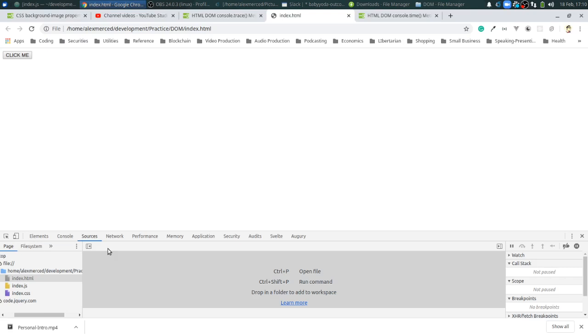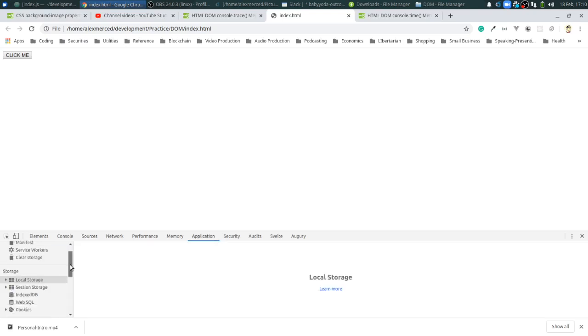I do use this one, application. What I usually would use here is I'll look to see what is stored, usually in local, because I'll sometimes use local storage, or I'm working on another website, and the website I'm working on will store stuff in local storage that I might want to use as a variable. So I might want to look in here, local storage, any cookies that are there. Again, this is just a blank HTML page, so it doesn't have any of that. But you can see all that information that's being stored on your computer here, which is useful. It might be useful also when you're on your favorite website